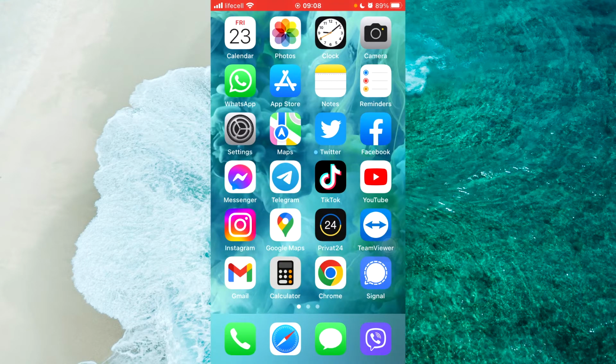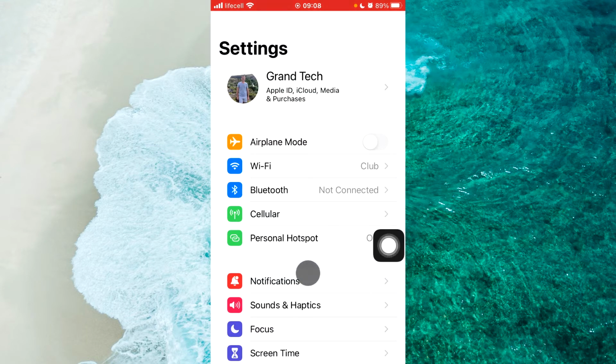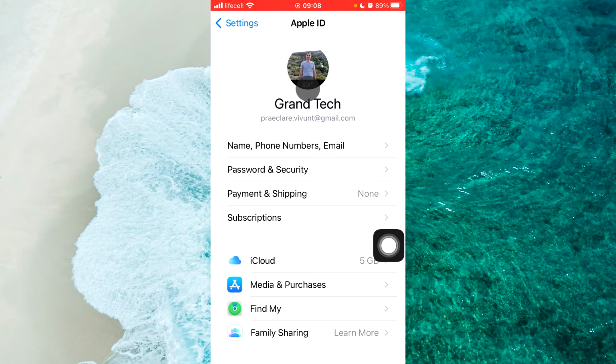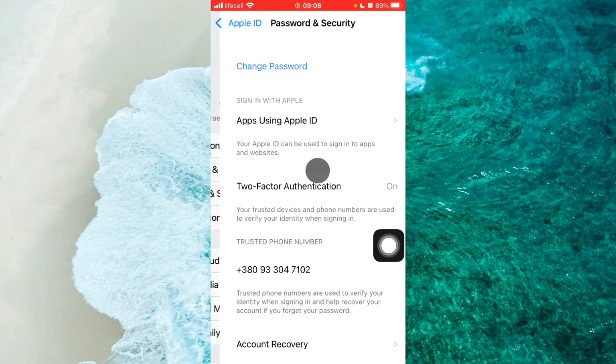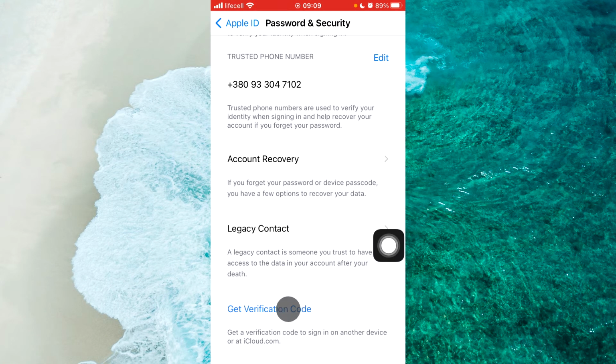So let's open up the Settings application here. Then you should proceed to your name. Here it says Apple ID, iCloud, media and purchases. So simply tap on it and then select the second option, password and security. Perfect. Scroll all the way down and you'll be able to see Get Verification Code. Simply tap on this option and it will give me that verification code to be able to sign into iCloud